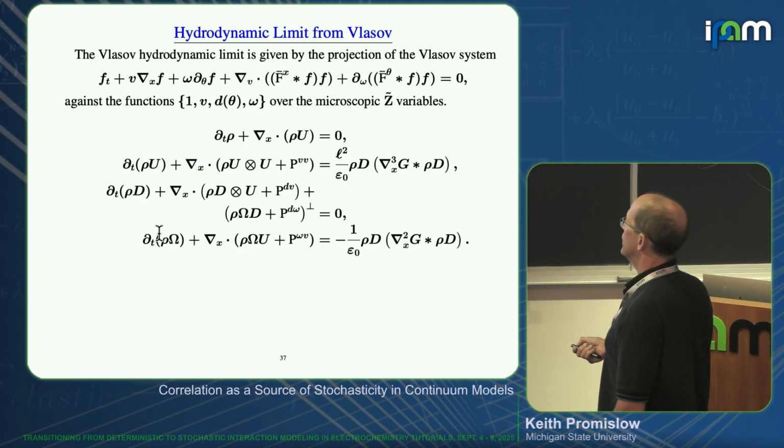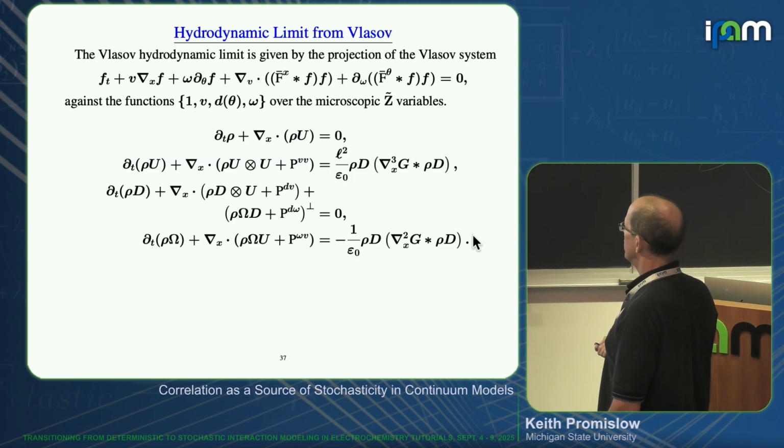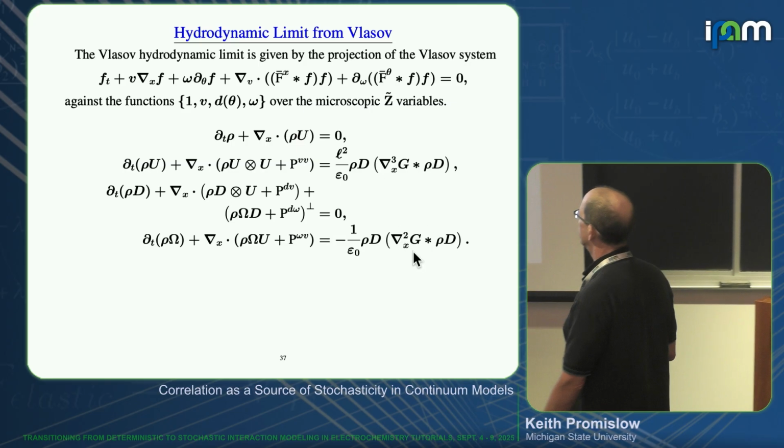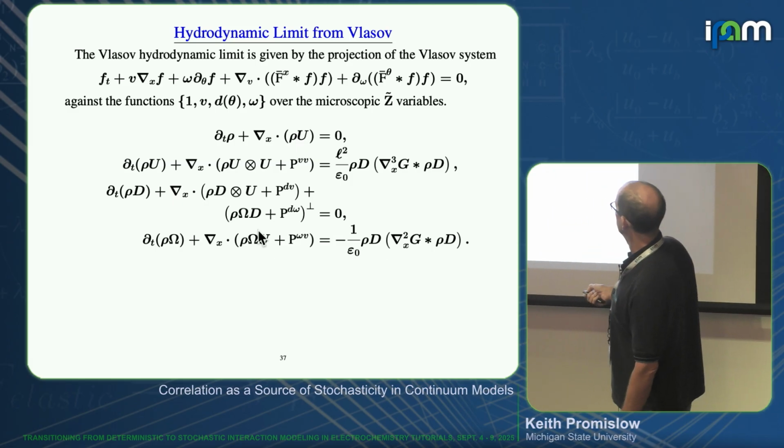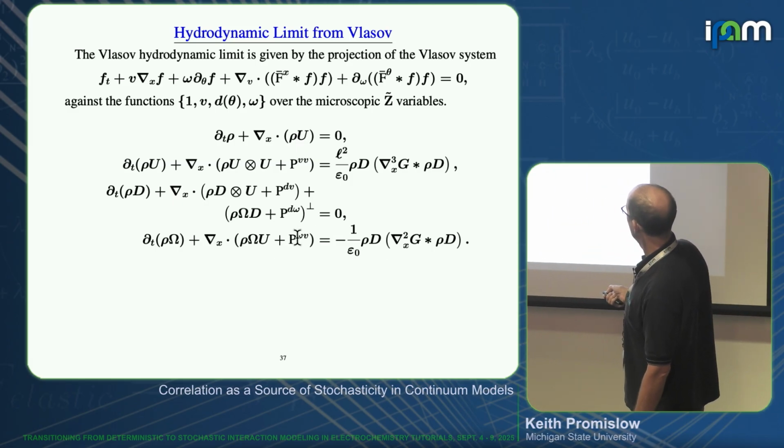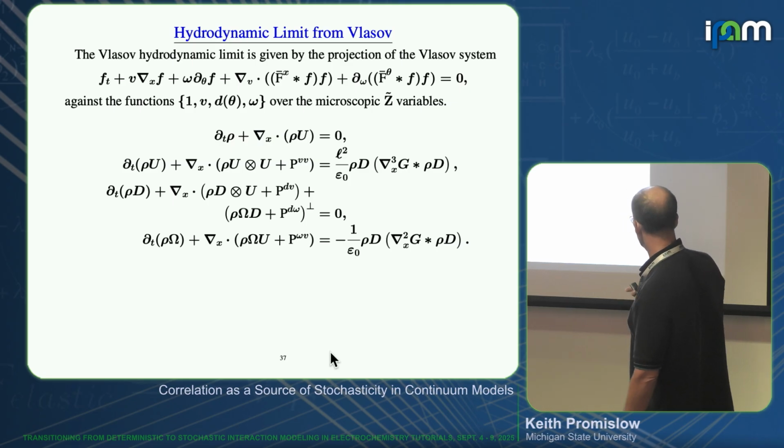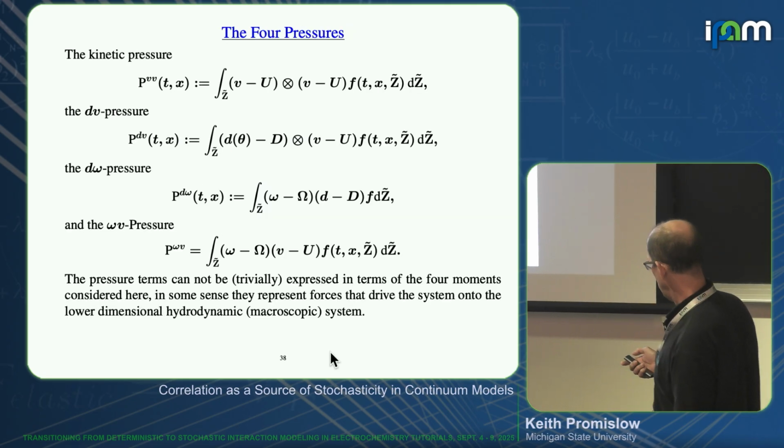And then the interesting part is what happens to the angular velocity. Well, there's this extra term out here. There's actually a sort of source term, the interaction of this guy with this sort of stencil from the Green's function, and some more familiar sort of divergence terms. And of course, there's 4 pressures, which you have to figure out what you want to do